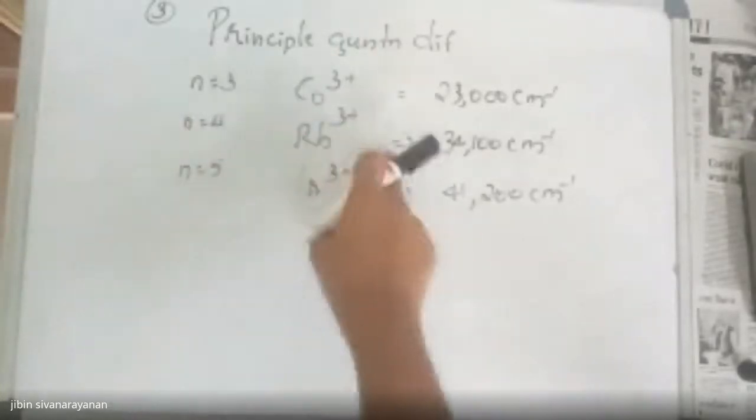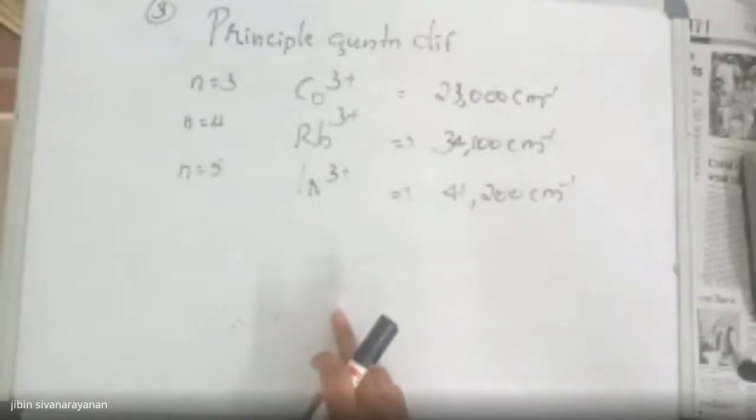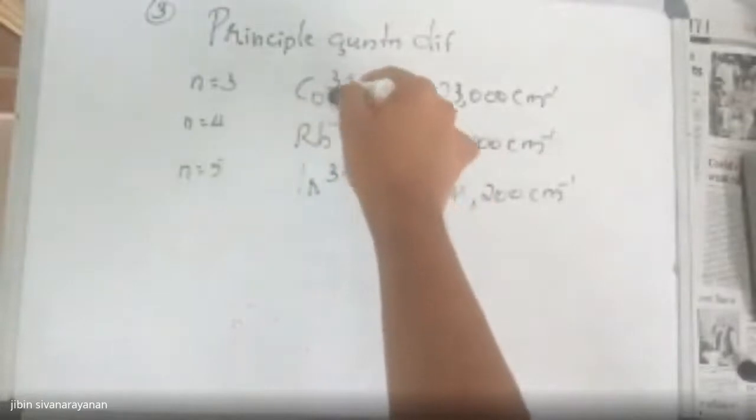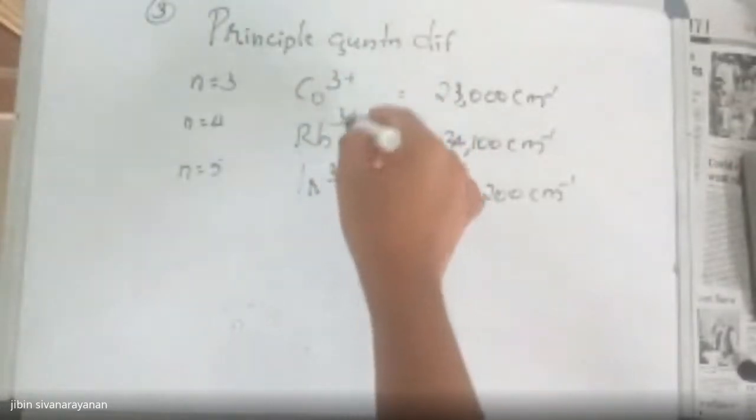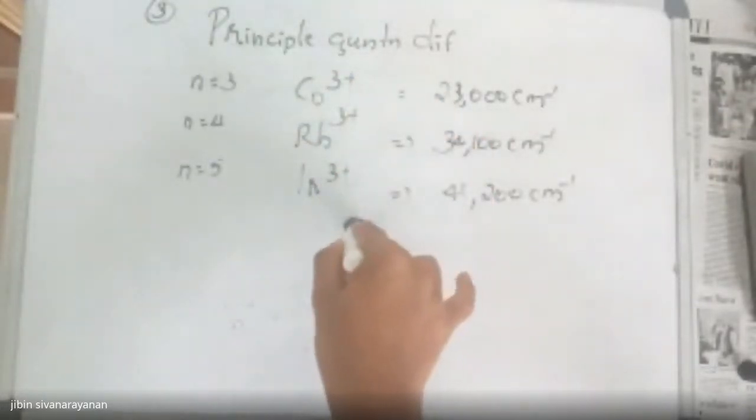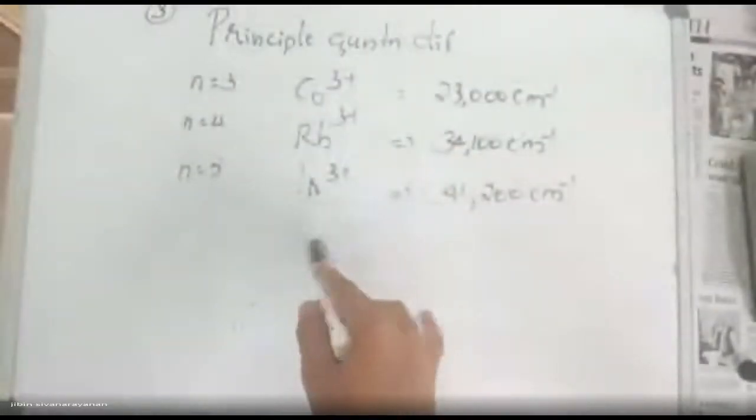For each row, the atoms are bigger in size. Compared to cobalt, rhodium is bigger in size. It is coming down the group, right? So coming down the group, the atomic size is increasing, which means a new shell is added. So the d orbitals are increasing in size, but the electron density is decreasing.